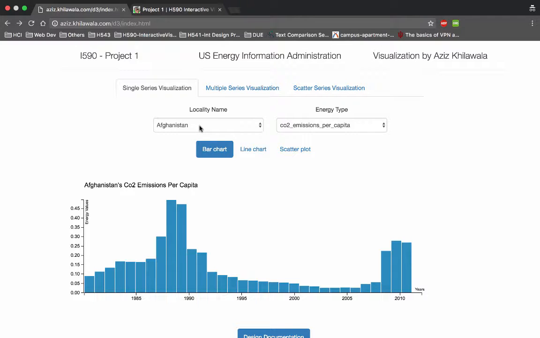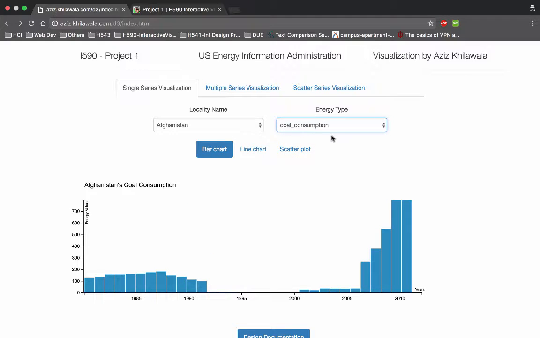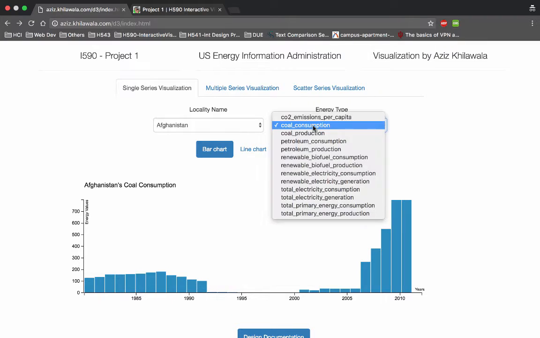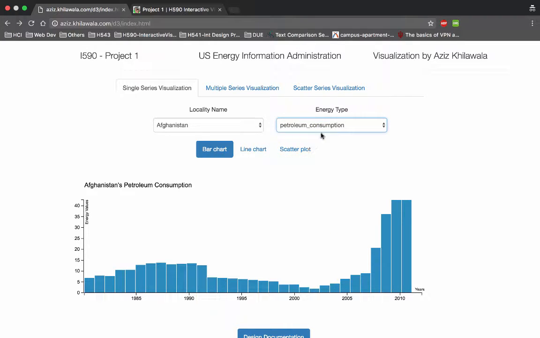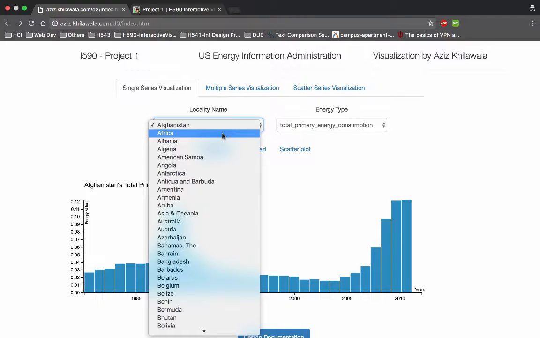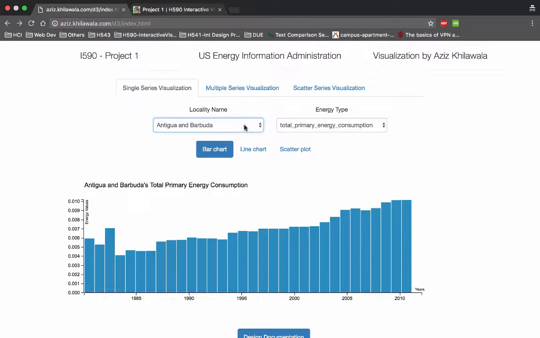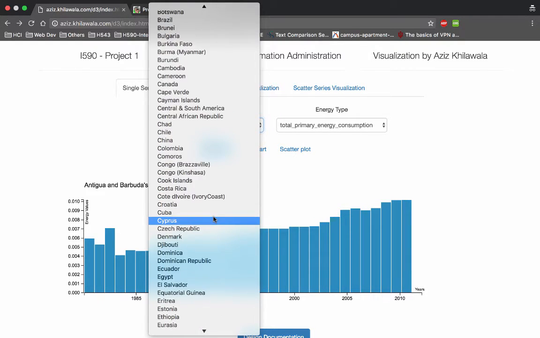And over here you can change the locality name and the energy types. So there are a total of 13 energy types. One is coal consumption. So let's try coal consumption. So we can see that the bar chart has changed. Now if we go for petroleum consumption, or total primary energy consumption, we can also change the countries, say Africa, Antigua and Barbados. Let's try